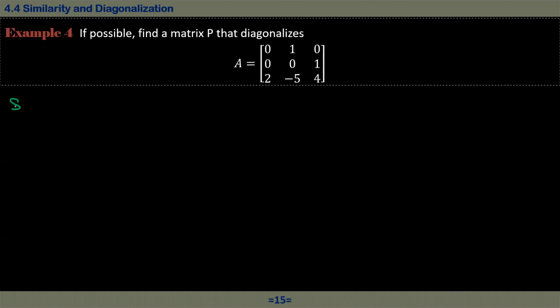So the solution: first, what are the eigenvalues? Here we have the determinant of A minus lambda I, which is, here we have minus lambda, 1, 0, 0, minus lambda, 1, 2, minus 5, 4, minus lambda, right? Which is equal to, if you actually compute this determinant,